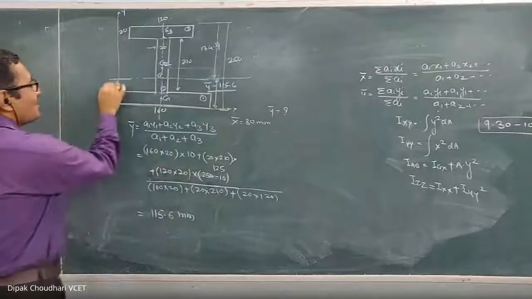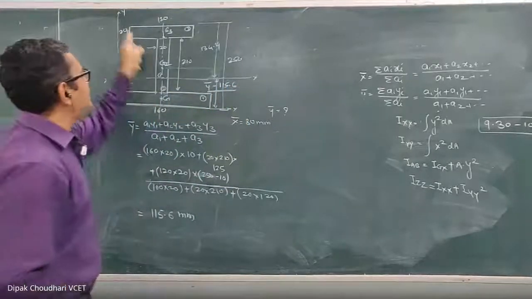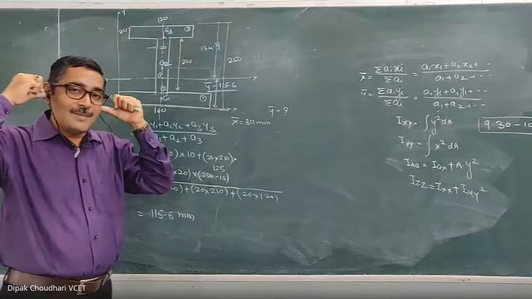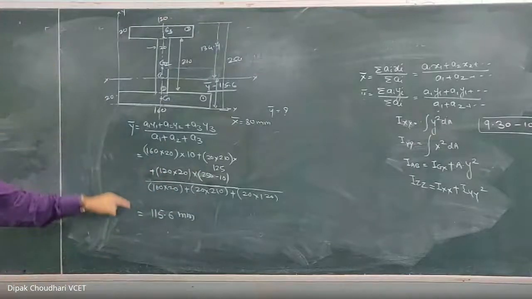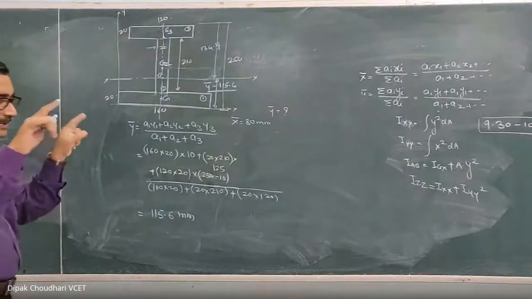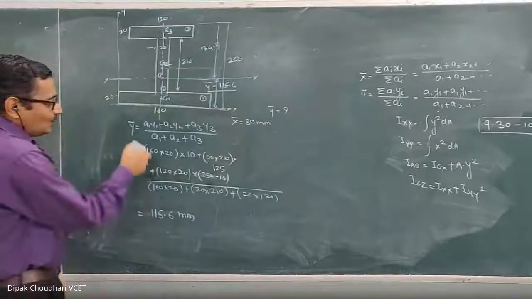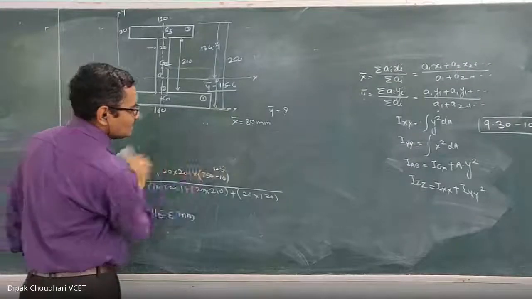Now I have to calculate the moment of inertia about this centroidal x-axis. This was the reference x-axis. This is the centroidal x-axis. We have to calculate the moment of inertia about the centroidal x-axis. Any difficulty to calculate the centroid? Don't make any table or something like that. You can do it directly. Even no need to write this formula directly. If you write this also, it is fine. Okay. So this is the position of the centroid.